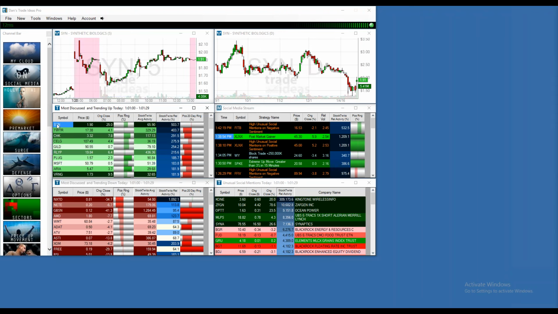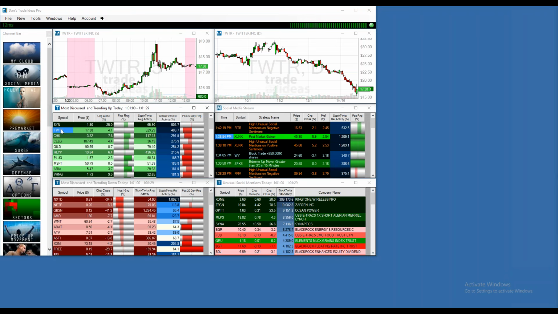And here you have the stocks, synthetic biologics, Twitter, which had huge moves today, and was being discussed quite a bit, and it was really trying to put in a bottom, possibly. We'll see if that happens or not, but certainly the indication that it was trying. And here you can see right away that this thing is being talked about on social media 4 times more than normal, which for Twitter is kind of a lot, and it's right off of lows.